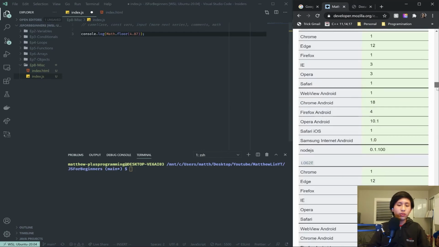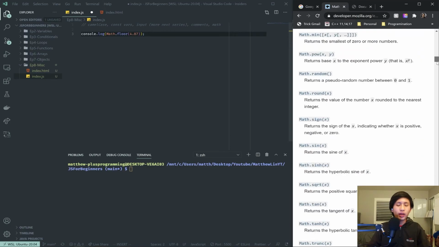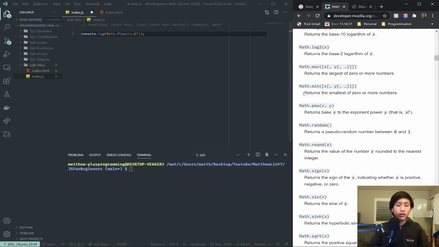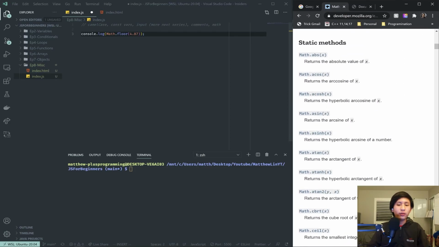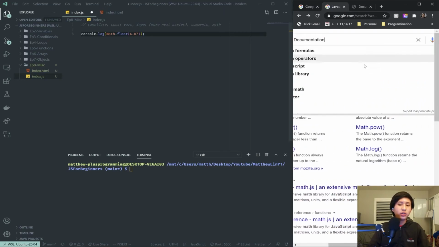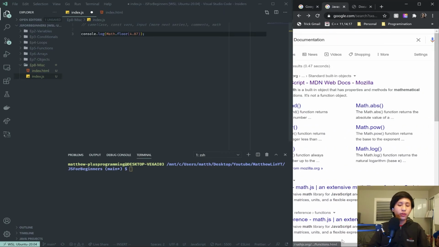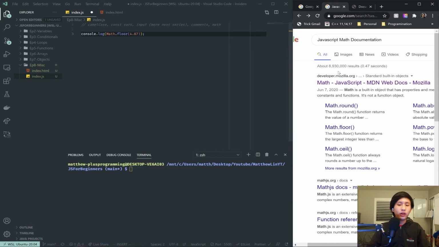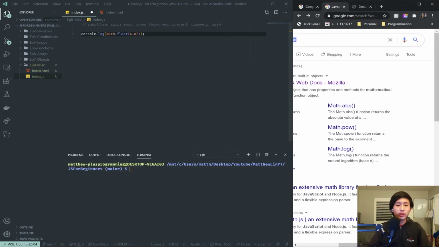Of course, you might have to know math terminology, but if you need these types of functions, they're right here in the math library for JavaScript. And remember, the way you look that up is JavaScript math documentation. There are many different modules, and when we get into future things, we're going to use different libraries of code, code that other people wrote that does cool stuff. And you just have to look up JavaScript